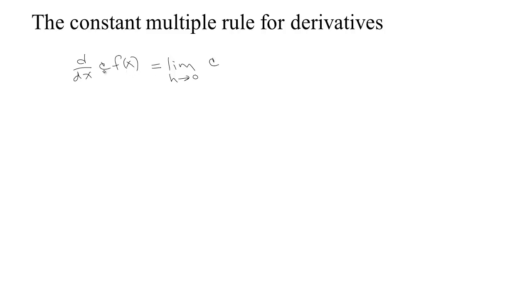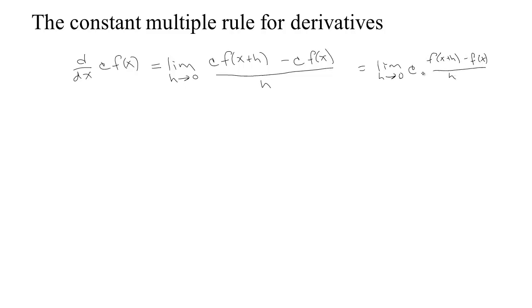Now, in this case, we're trying to take the derivative of this. If we give it x plus h, we're going to get the constant times f of x plus h minus the constant times f of x, if we give the function x, divided by h, right? This is just the definition of what the derivative of this would be. And we can see that there's a common c in both of these, so let me factor it out. So the limit as h tends to 0 of a constant times f of x plus h minus f of x